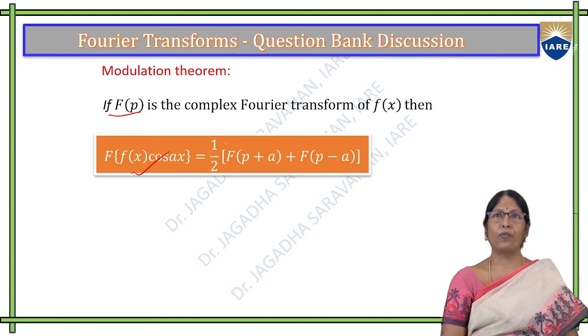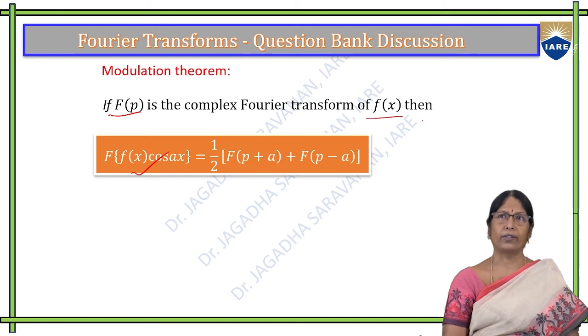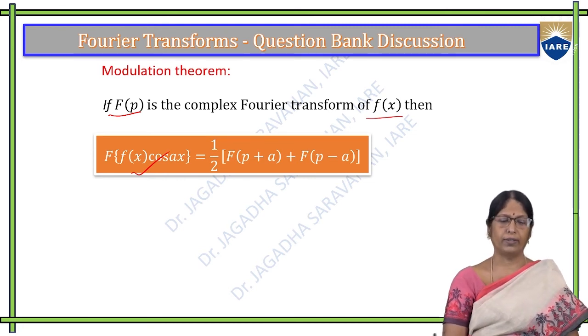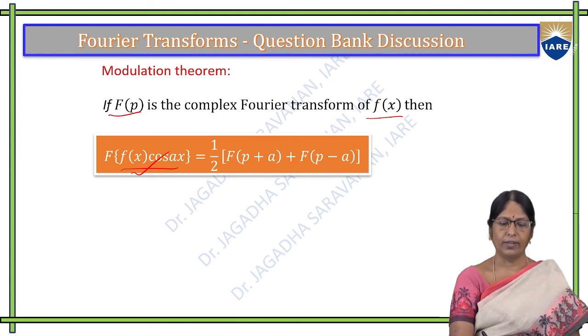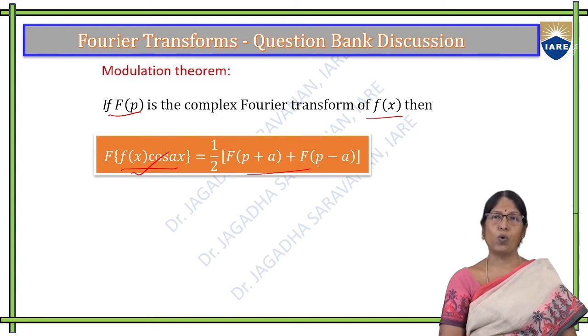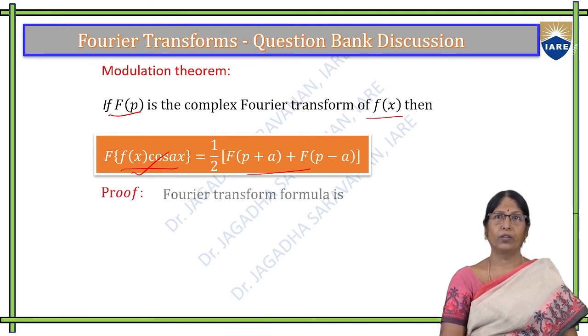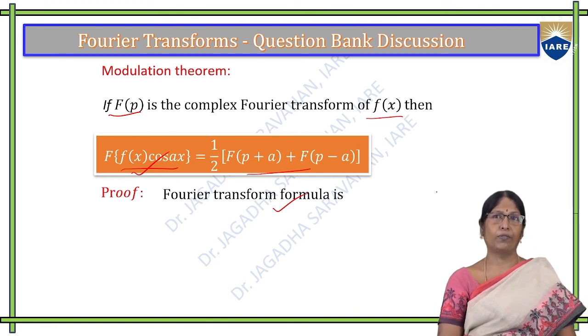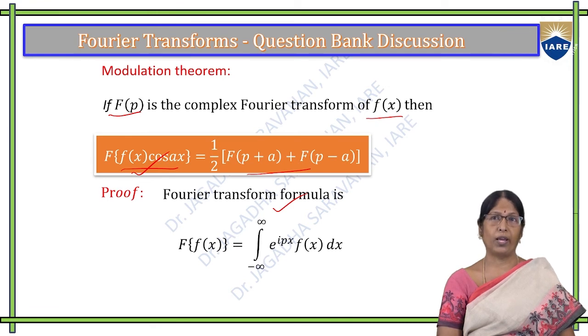if the function is f of x cos ax instead of f of x, then the result will be 1 by 2 of capital F of p plus a plus capital F of p minus a. So this we can see: we will recall, at Bloom's first level, the Fourier transform formula, which is